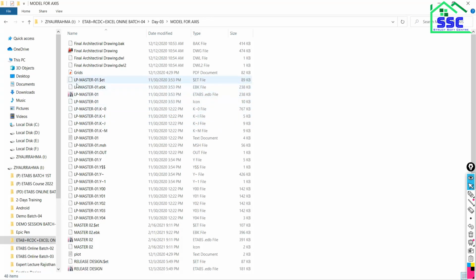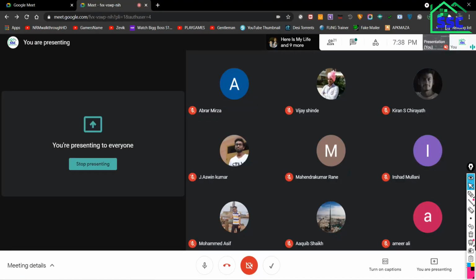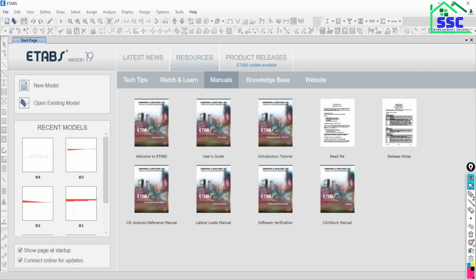Yes, sir. Whenever you are going to analyze or save your model, any new work, ETAP is going to save different file formats. There are many different file formats, but out of them some are more important, and what their application and use is, it is very important to know. So three files are very important.